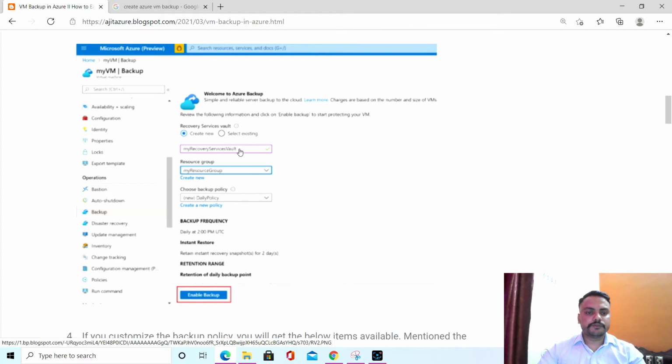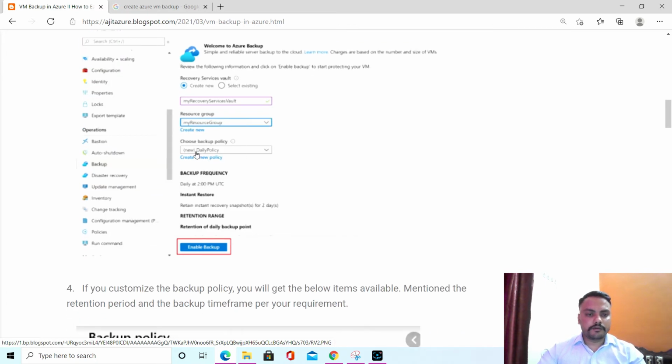You can put the recovery services vault name here as per your recommendation. And you have to choose the policy. Basically, Azure will provide you the default policy.